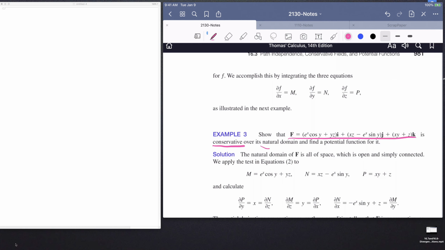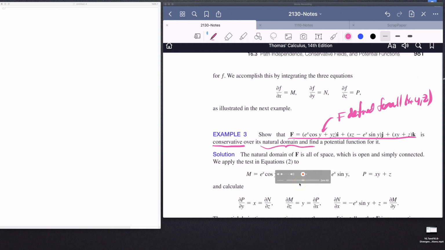Okay, and when they say its natural domain, they just mean the domain on which this function actually exists. So this vector field is defined for all values of x, y, z. So there's no division by zero or anything like that to happen in this problem. Okay. All right, so the thing I want to do in this problem,